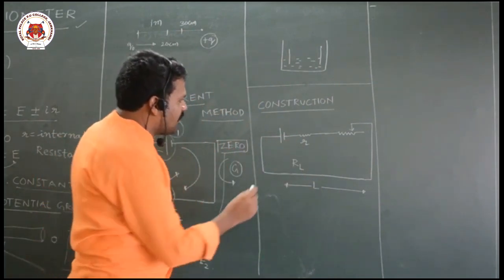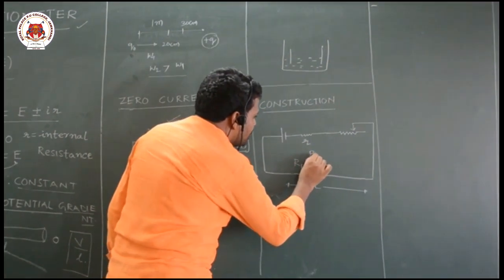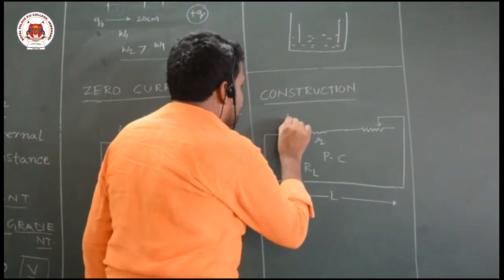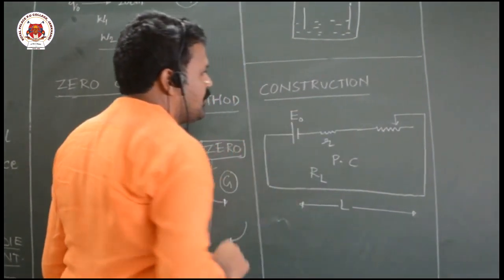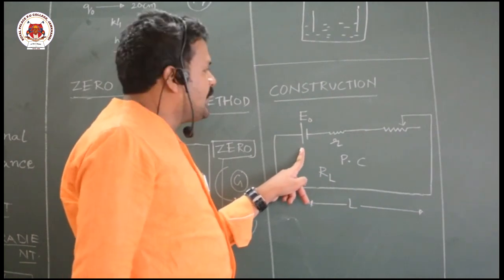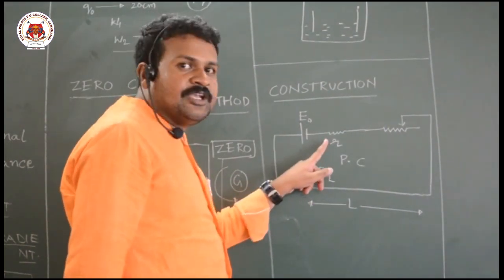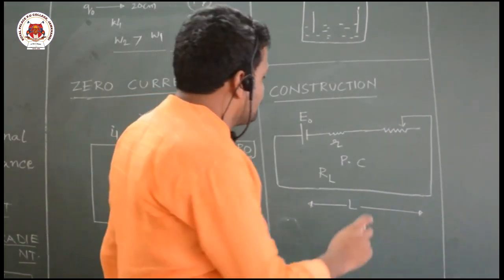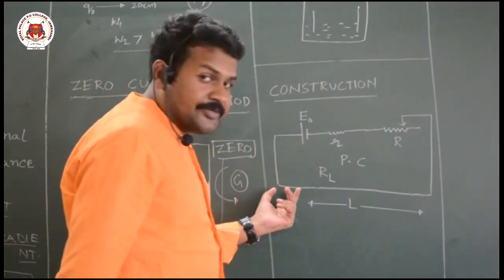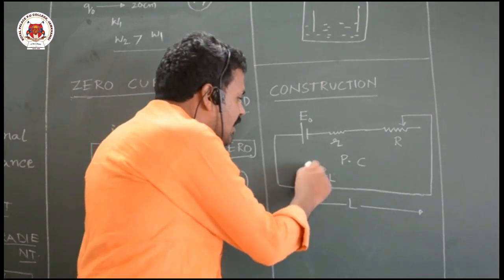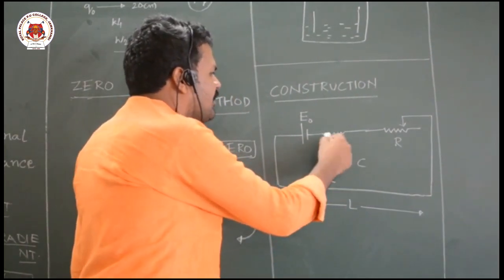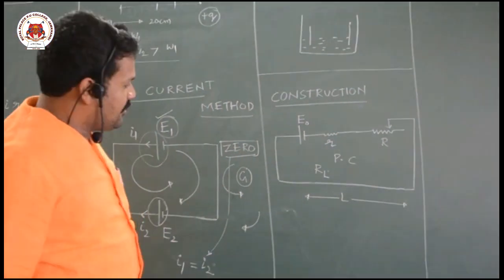Okay, this is called the primary circuit of the potentiometer, PC, primary circuit. This is E0. So a potentiometer consists of a cell of EMF E0 and internal resistance small r, a rheostat of resistance R, and a uniform wire of resistance RL, all connected in series. Now next,